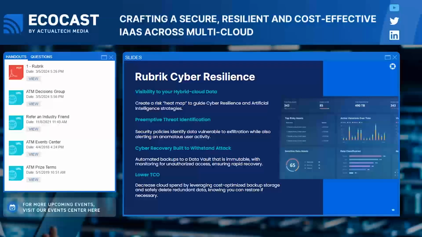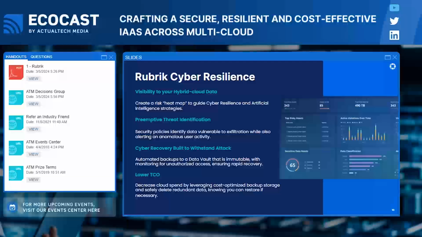Really focused around preventing both of those encryption and double exfiltration attacks from becoming immaterial impacts. And they're really all tied together from a single lens. And you have to have these intertwined, intermingled from that perspective as well. So first and foremost, the most important part that we can provide you is that visibility into your hybrid cloud